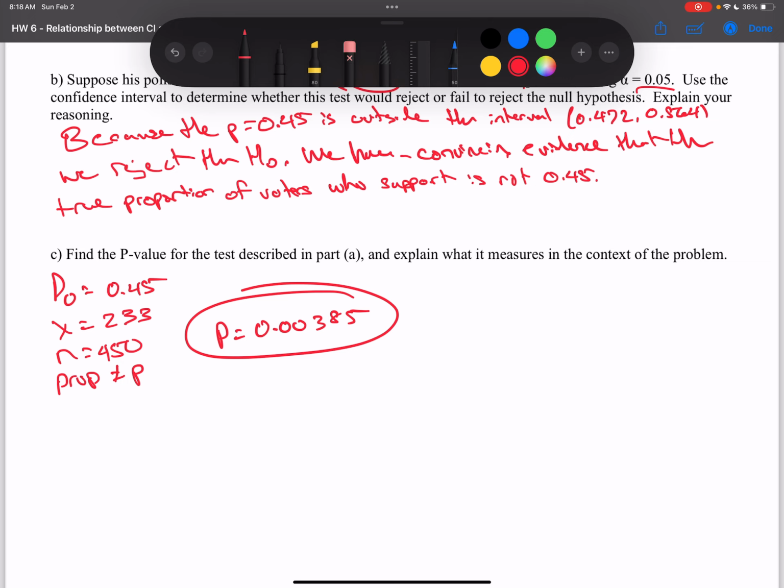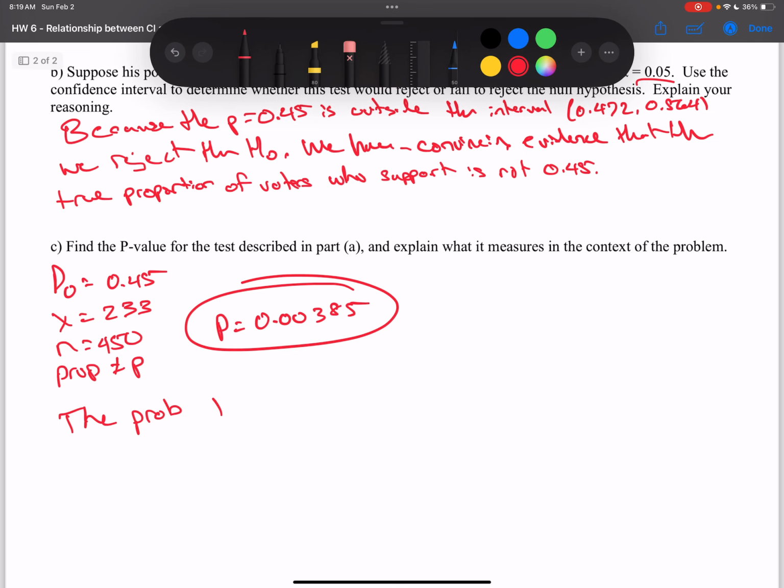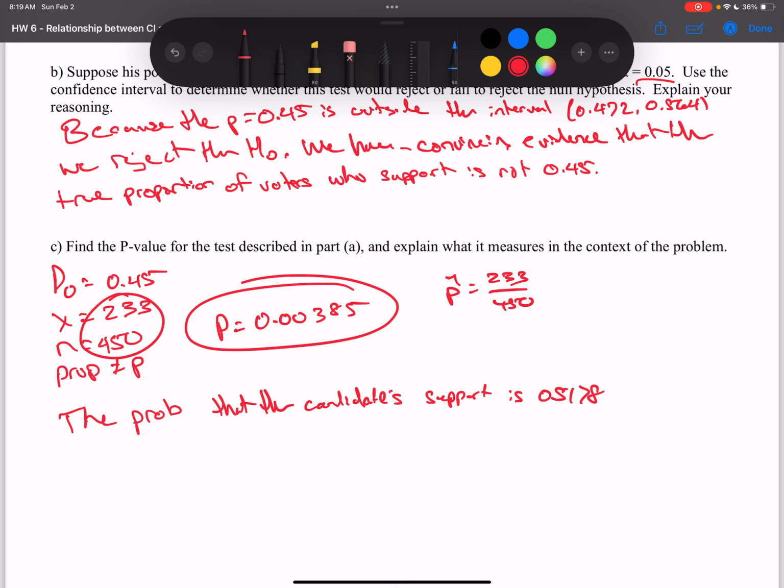Well, the definition of p-value just means the probability that the candidate's support is 0.5178, okay, which they get from, this is their p hat, which is going to be that 233 over 450. Okay, so the p-value is the probability that this is the support if the true proportion